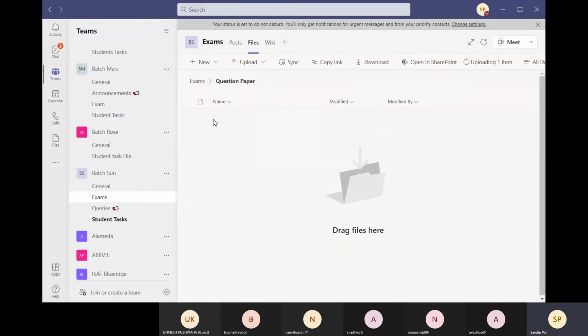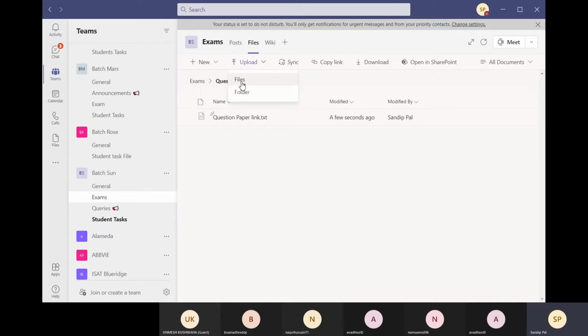Within this text file, you will find one link. You have to open that link. That is the question paper, and it is for 30 minutes. It is an MCQ based question paper.